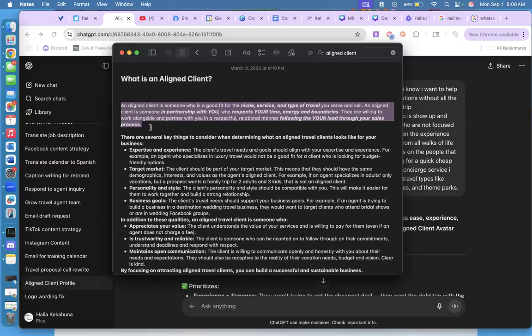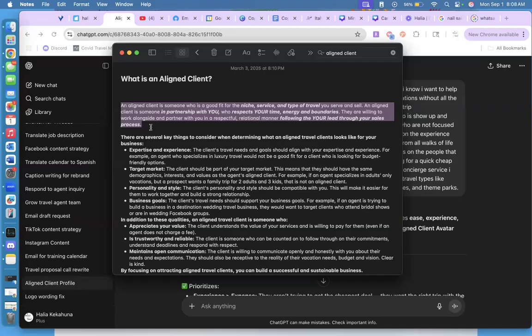I'm not going to go to my hairstylist and say, hey, I want you to do my hair, but you have to do it in XYZ way. I'm going to go to my hairstylist and say, hey, I want you to do my hair and then shut up and let her do my hair, because she has her own process because she is the expert. That is the same thing here with us, you guys. We are the travel experts, whether you're day one or day 5 million. We are the travel experts.